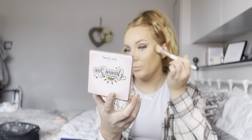So we're going to bring it from the top of your ear, and you're just going to place it like this. So you're not going to bring it down as far as we brought the other one down. We're just going to place it up here and just keep bouncing. And then we're going to take it up the temples, onto your forehead. Just really spread the product about,